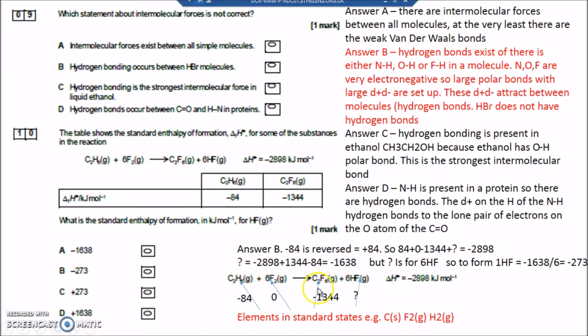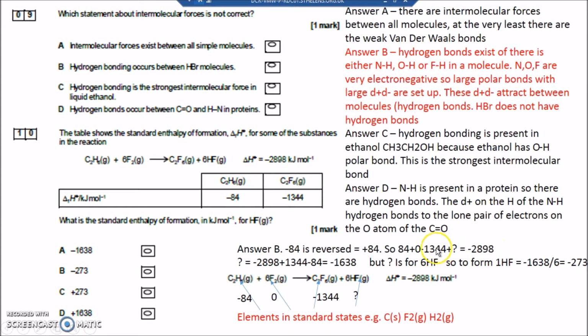This is going in the right direction, minus 1344, and this is going in the right direction, and we don't know what that is, so I've called that a question mark. And overall it equals minus 2898. So 84 add 0, take away 133, add question mark, equals minus